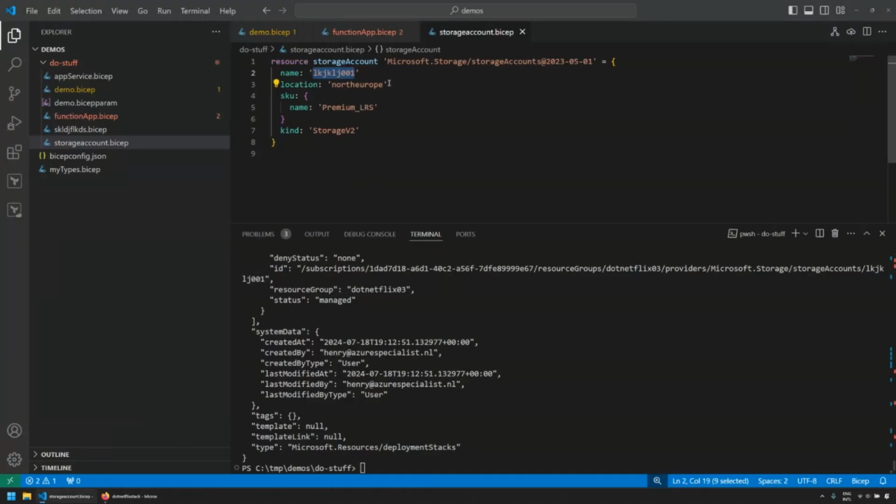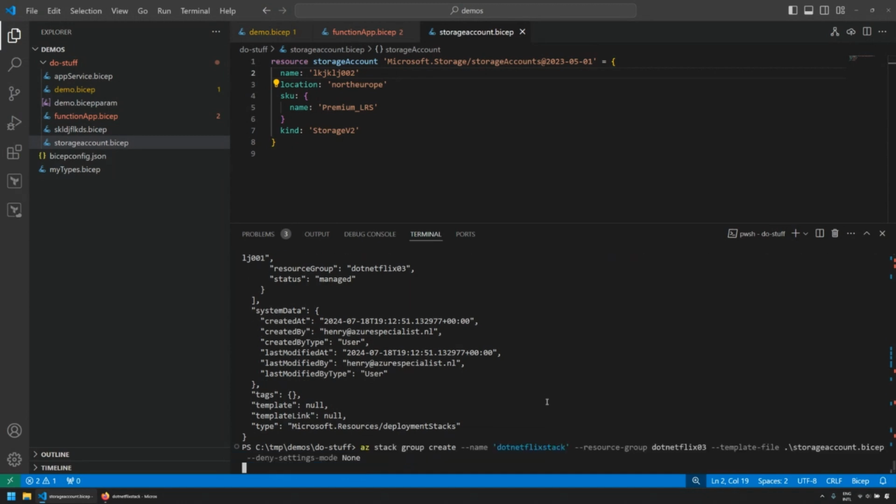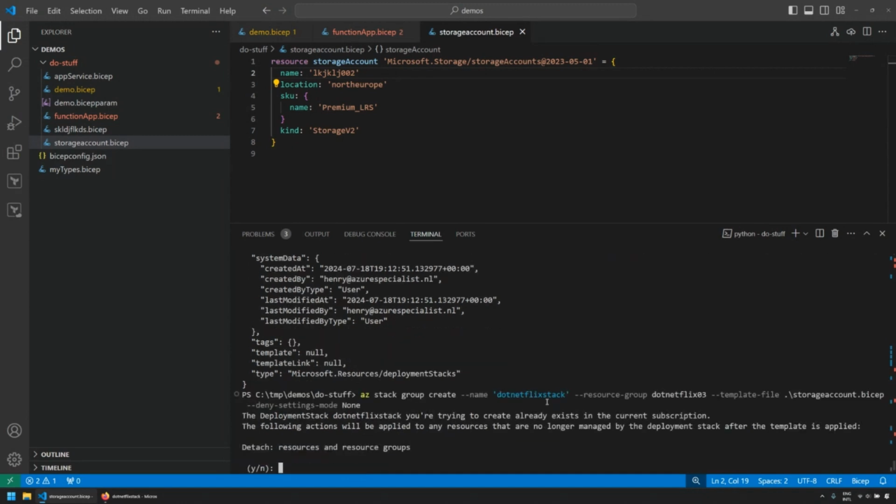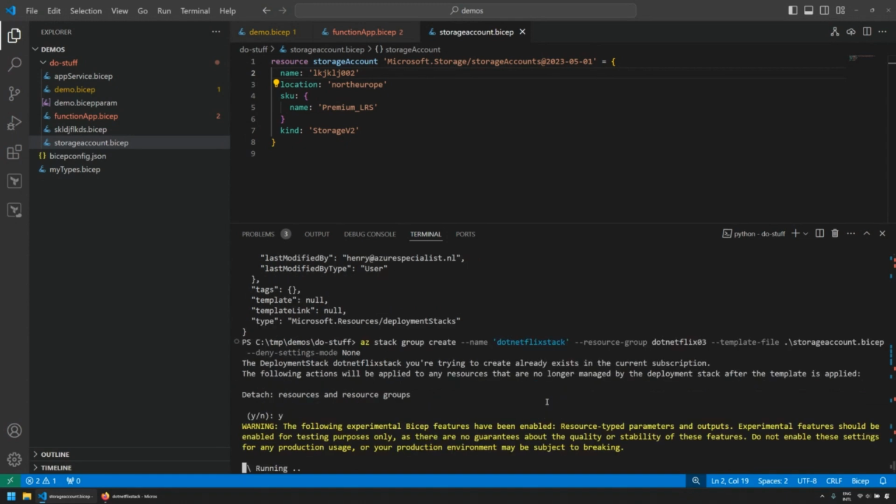What I can now do, I can go back to my template and I can update the name of this resource to 002 and redeploy my stack. And it's going to say, hey, this is not the first time you're deploying it. Be cautious, you might be detaching resources. And of course, I'm going to continue with that because I'm confident. And of course, I said, I'm going to change the name. That's the thing you will hear people say here, but that's not true. The name of a resource is part of the ID of the resource. So I'm actually specifying a new resource.